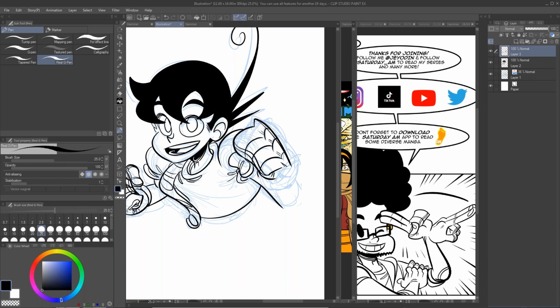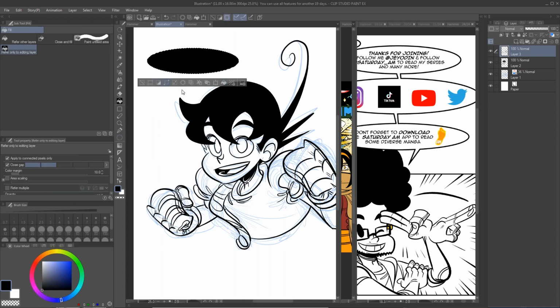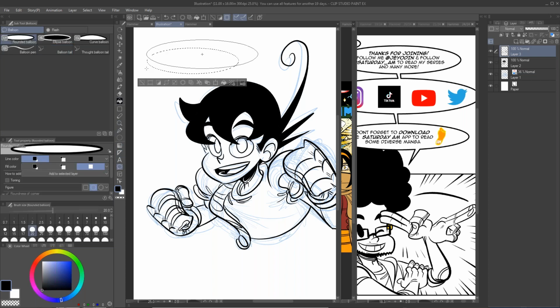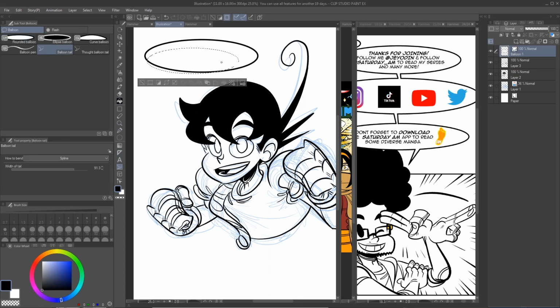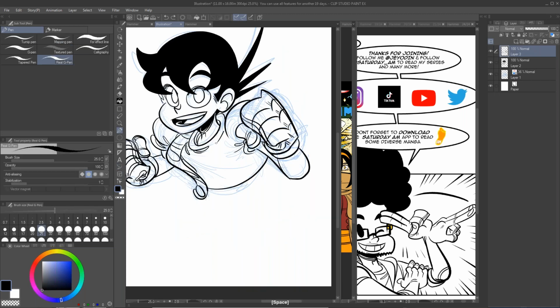I also learned how to make speech bubbles a lot easier. What I was originally doing was either just drawing them, or I would create an ellipse right here, and then I would eventually go through this entire process just to have a speech bubble. I went through all of that to create a speech bubble, and all I really needed to do was go right here and do this. It was that simple. So there's several things that I've learned from just fiddling around with this program and different tutorials.